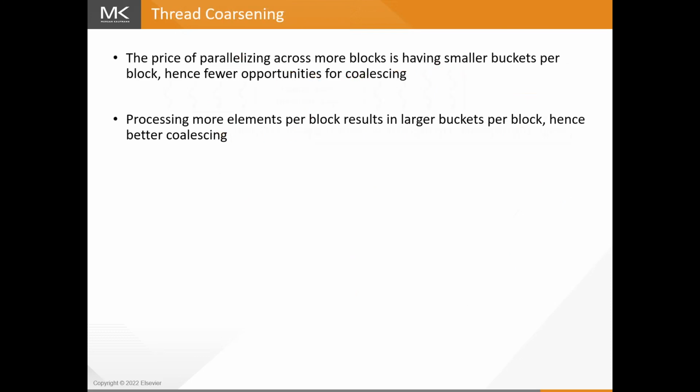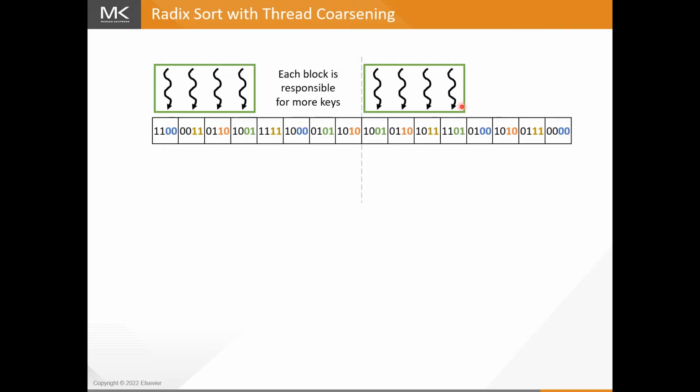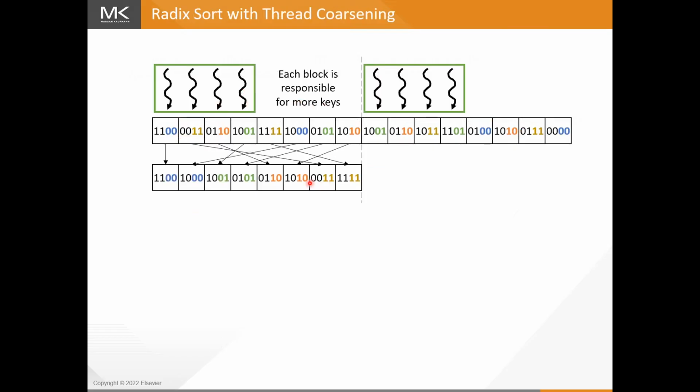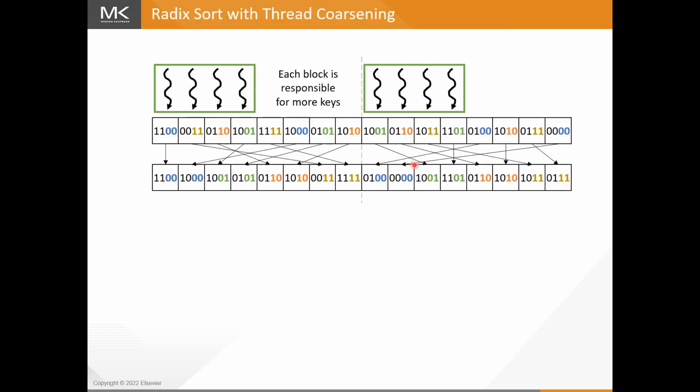So this would look like this. Here, instead of each thread being responsible for one element, each thread can be responsible for multiple elements. This way, the thread block itself does a local sort. Remember, the local sort is going to do scan operations, and scan also has work inefficiency issues. And if I have the thread block responsible for more elements, that scan operation is going to become more work